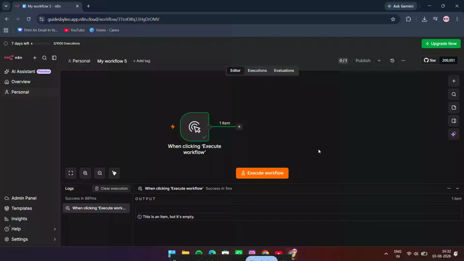Today I'm going to show you how to update a card using Trello in N8N, step by step. This is a simple but powerful workflow setup that lets you automate card updates without doing everything manually. If you work with project boards, task tracking, or team workflows, this can save you time and keep your boards